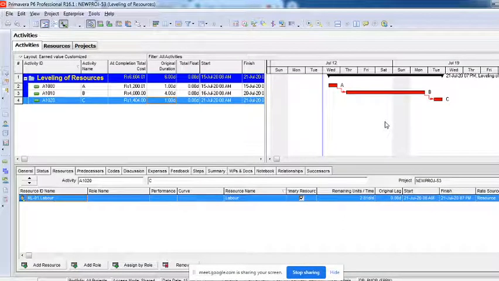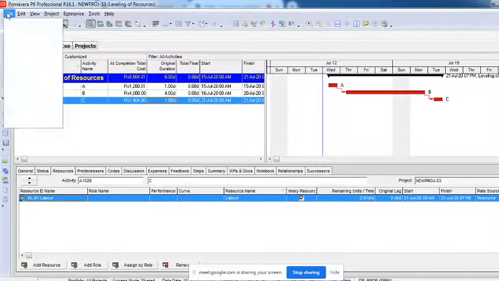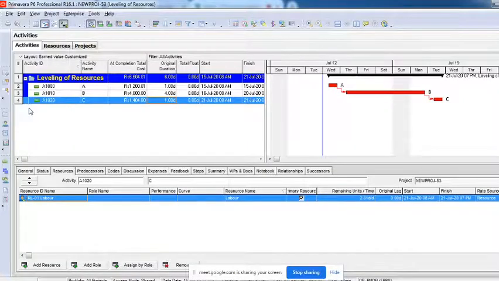So you can do it in this way if your project allows you to change the relationships. If your project allows you to change the relationship, you can do this. But most of the time, or many times, it's impossible to do. You cannot change the relationships. It has to be start to start only. Then what?